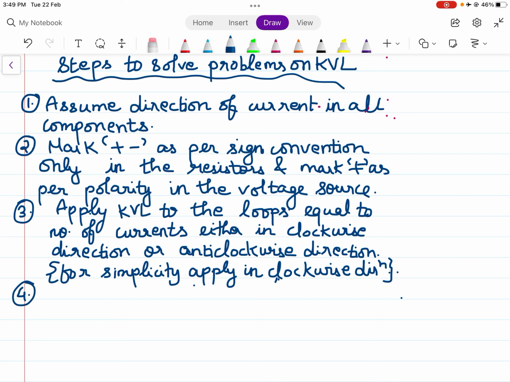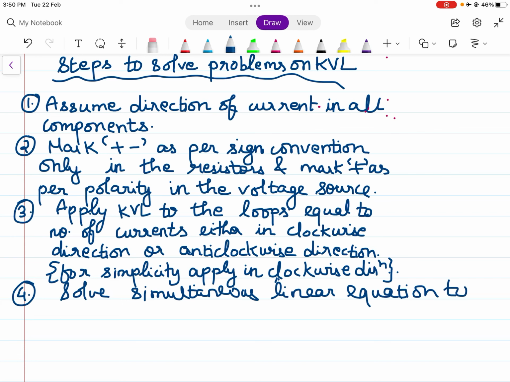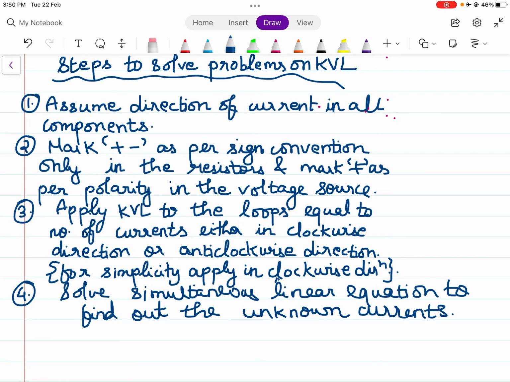Step number 4. Solve simultaneous linear equations to find out the unknown currents. These are the steps. So we will